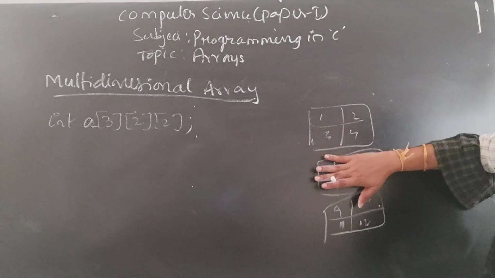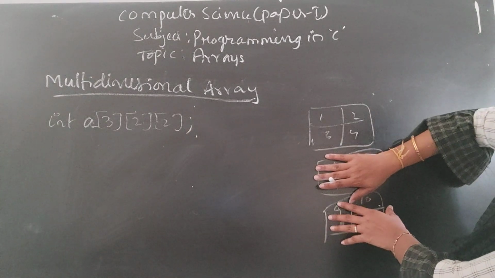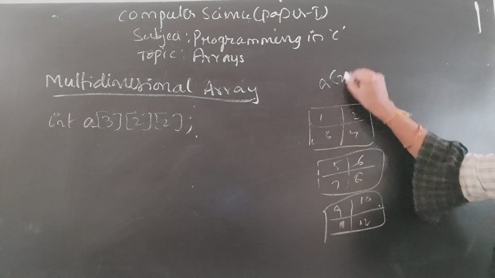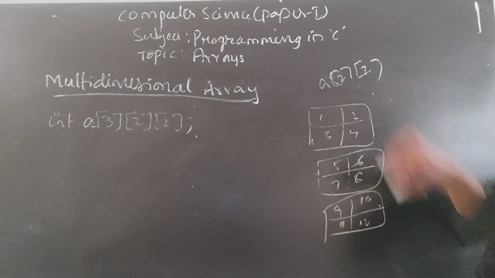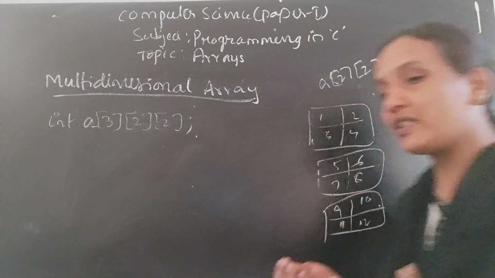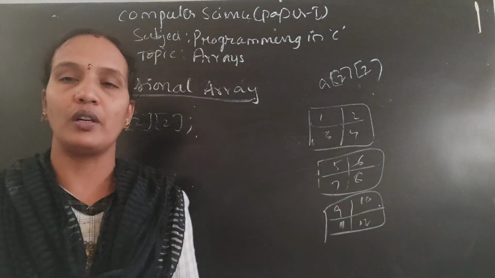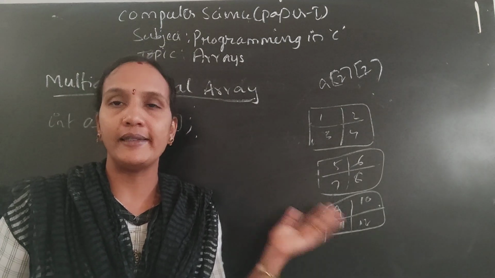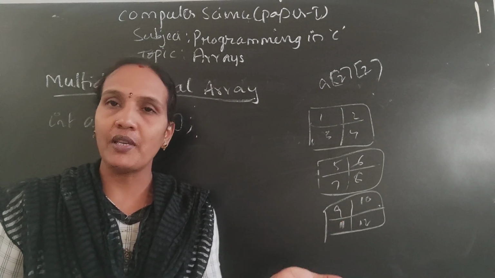For example, if you don't want this 2, you want only this one, directly you can give 2 dimensions, 2 rows. Like this you can give A2, 2 rows, 2 columns. No problem. But if you want a similar matrix with 3 or 4, then we'll take the help of a multi-dimensional array. In a multi-dimensional array, what happens?